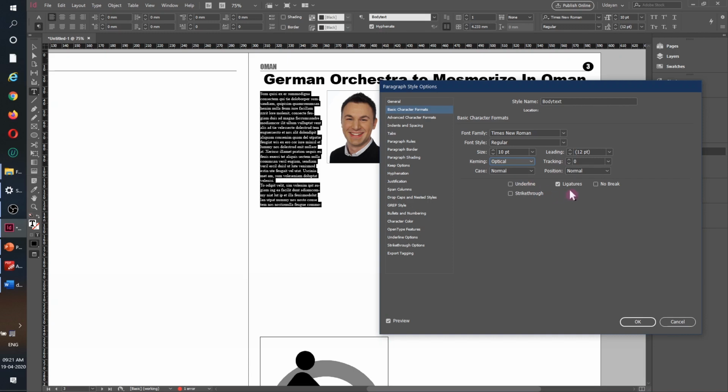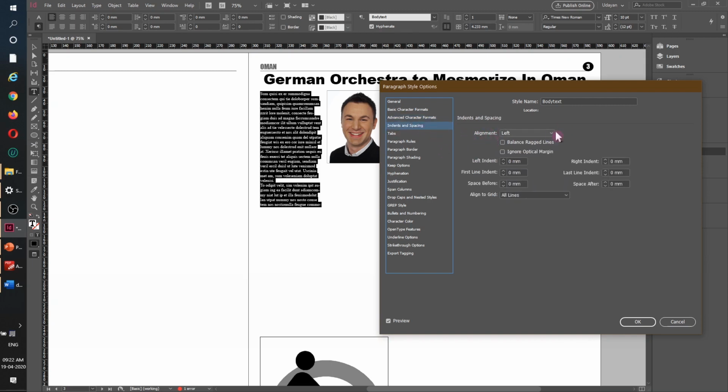Ligatures should be on, and it's up to you. Depending on, this is more of an organization style referred from the style book that the organization follows. Some people like to keep ligature, some people don't like to keep ligature. It's up to you. Here I'll keep everything same because I have already defined language before, so it's not a problem. Indents I don't want to see directly, but alignment definitely.